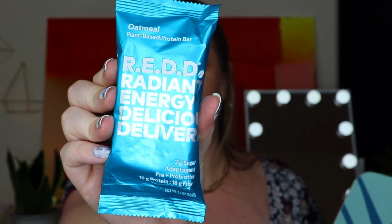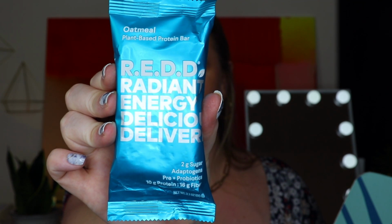And then the other snack is oatmeal plant-based protein bar, red, which stands for Radiant Energy Delicious Delivery, or Delivered. Is that the brand, red? Eat well, feel good, be radiant. This has 2 grams of sugar, adaptogens, pre and probiotics, 10 grams of protein, 16 grams of fiber. Nice. I love stuff like this, especially now that I've been working out. And sometimes if I'm in a hurry or on the go, I can eat this. It's vegan, gluten-free, so oatmeal is the